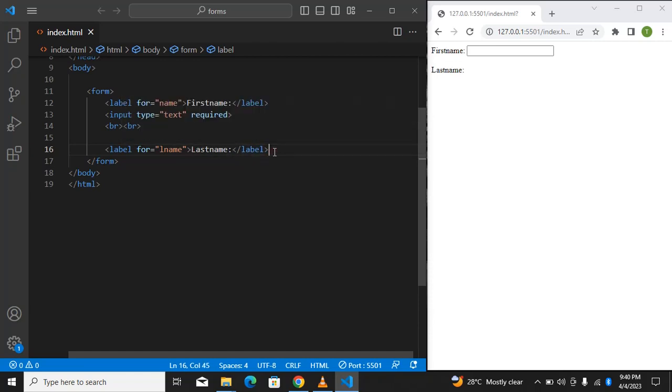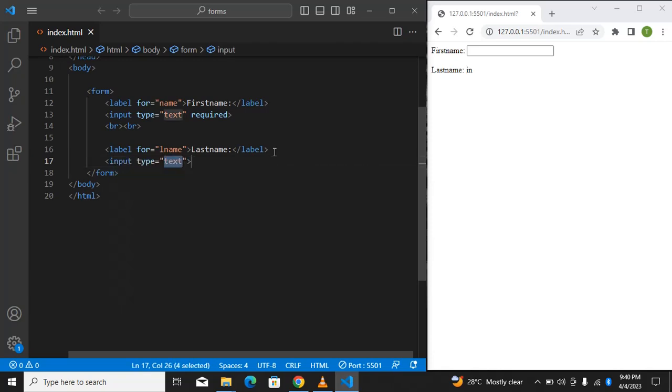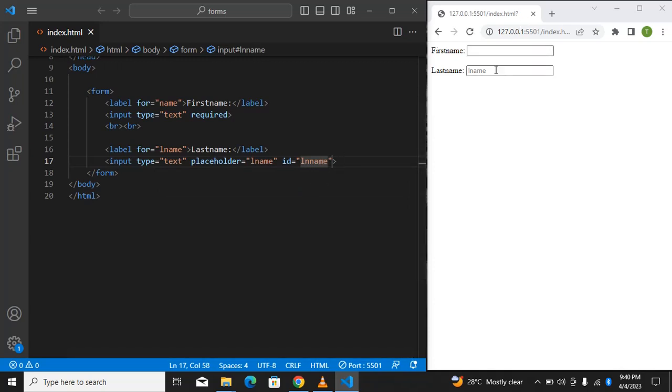Good. So we have an input type of text. Give this a placeholder of name and an ID to link it, don't forget, with the label, right? So we give it an ID of name. That was really weird. Okay, good. Now you see you have the placeholder here. So let's give this a value of